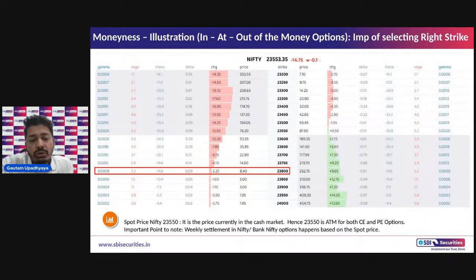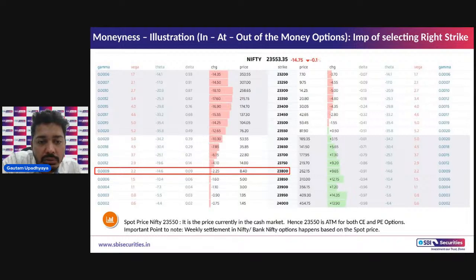तो ये जो स्ट्राइक प्राइस है जो मैंने लाल बॉक्स में हाईलाइट किया है, you can see it is 23,800 कॉल ऑप्शन, जिसका प्रीमियम लगभग 8 रुपए है जब ये मैंने स्लाइड बनाया था। और इसका डेल्टा जो है, that is 0.09, मतलब कल का जो एक्सपायरी है there is a 9% chance that Nifty will close above 23,800 in tomorrow's expiry। आप जितना दूर का स्ट्राइक परचेज करोगे उतना उसका प्रोबेबिलिटी कम होते रहता है।